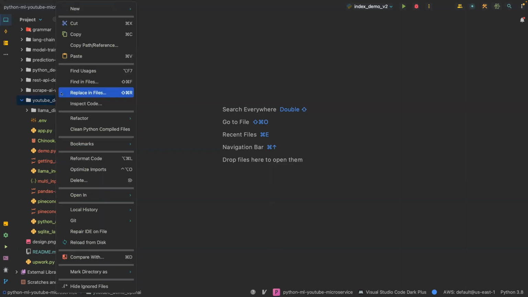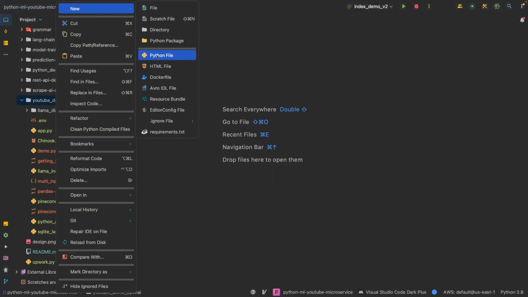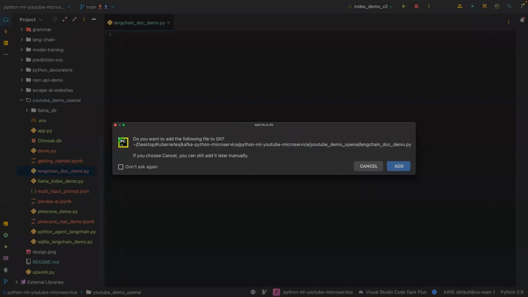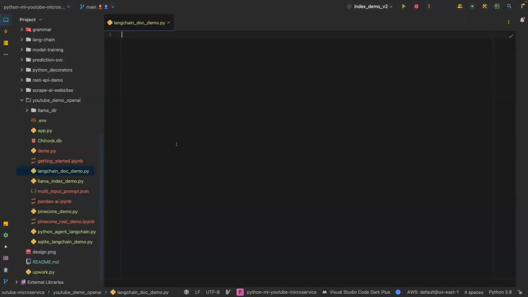I'm going to create a new file. Let's call it Langchain doc demo. Okay. I'm going to paste in a few things. Before you start, you need to pip install